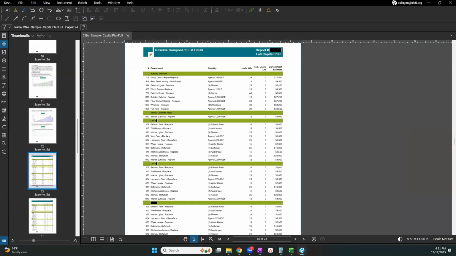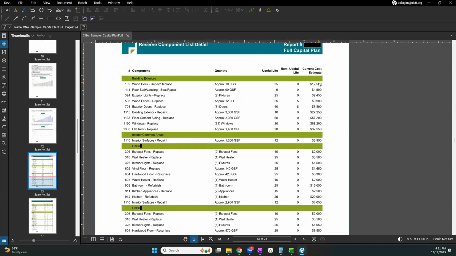The next section is our reserve component list detail. So this lists every single component that was identified at the property and its useful life, its remaining useful life, and the current cost to fully replace it. So at this particular property, we had approximately 180 gross square feet of wood deck. Typically, it would last around 25 years. It's in pretty deteriorated condition and needs to be replaced. And we anticipate it'll cost about